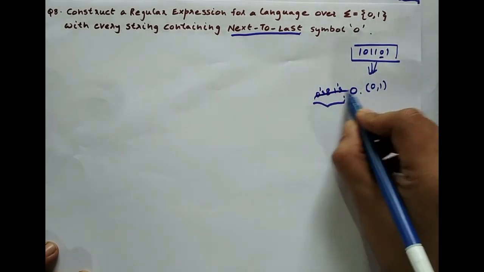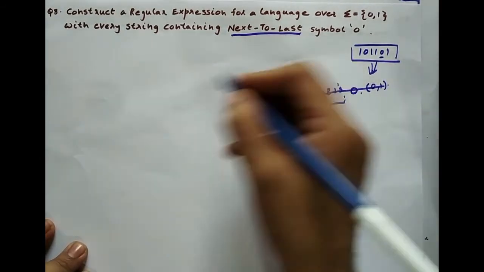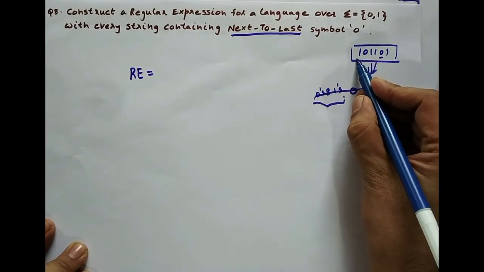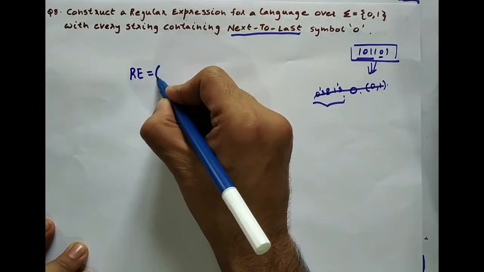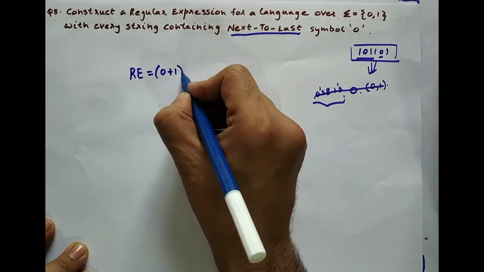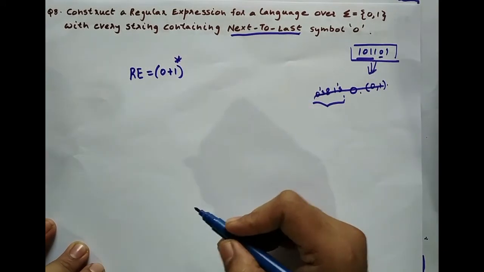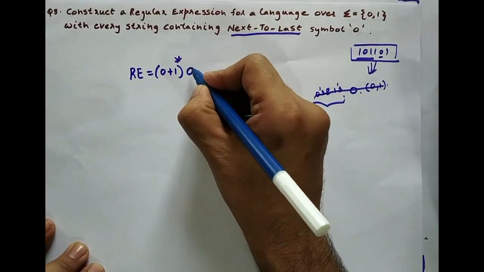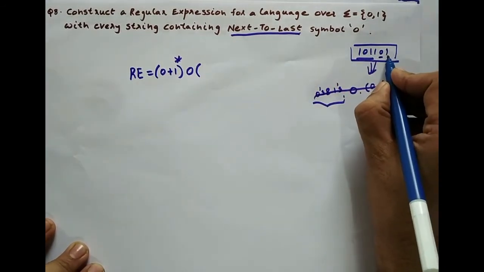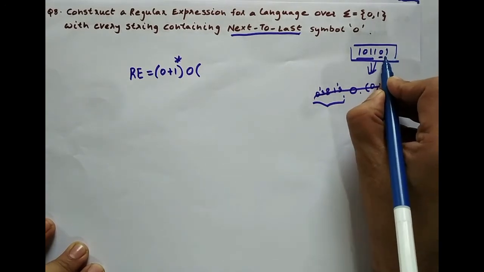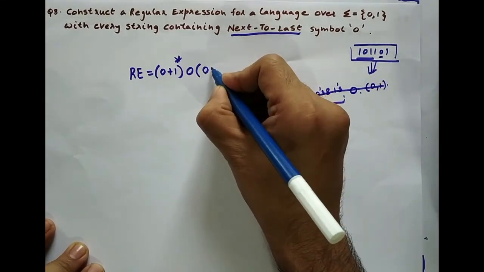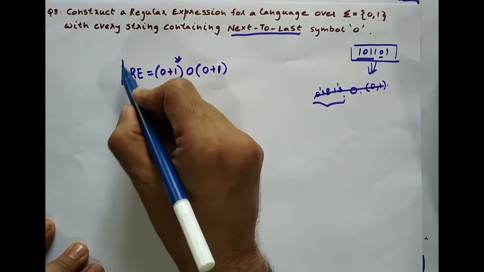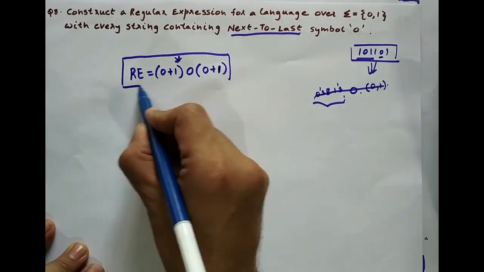So basically this is divided into 3 parts. The required regular expression is: the first part can be any combination of zeros and ones, so (0+1)*, this is the first part. The second last element should be 0 compulsorily, no doubt. And the last element, that single element, could be a single 1 or a single 0. Okay, so this is the required regular expression.